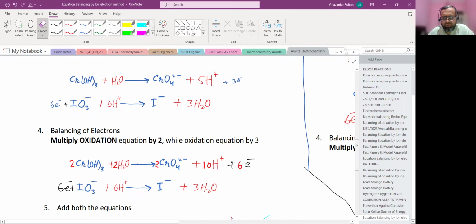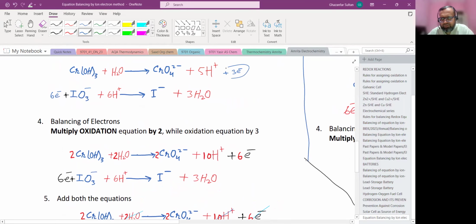The first equation is the oxidation equation. It was having 3 electrons that you can see here, and here it has 6 electrons. So for balancing the number of electrons in both the equations, because we have to cancel them in the next step,